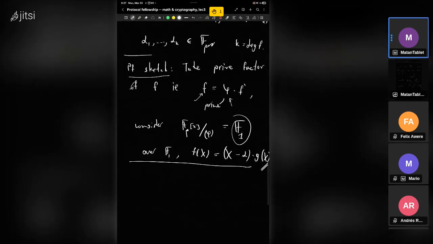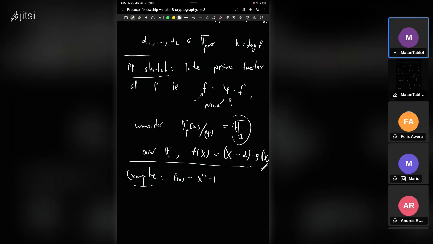So first example, if I have f(x) equals x to the n minus 1, then there exists some n such that x to the n minus 1 is equal to x minus alpha 1 up to x minus alpha n